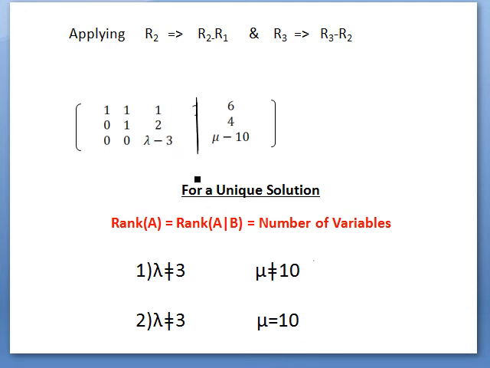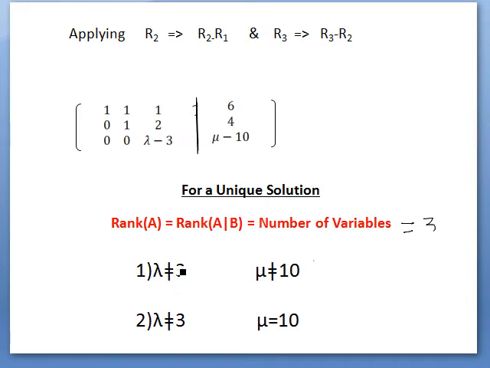In the second lecture we have discussed that for a unique solution, the rank of matrix A must be equal to the rank of the augmented matrix, and which must be equal to the number of variables. So here the number of variables is 3, that is x, y and z. So for the rank of matrix A to be 3 as well as the augmented matrix to be 3,